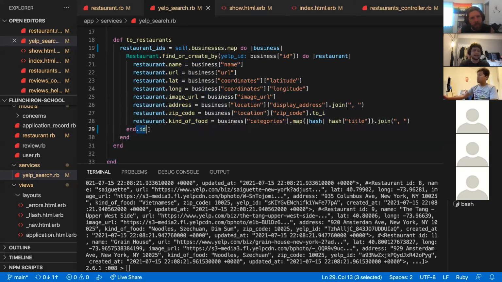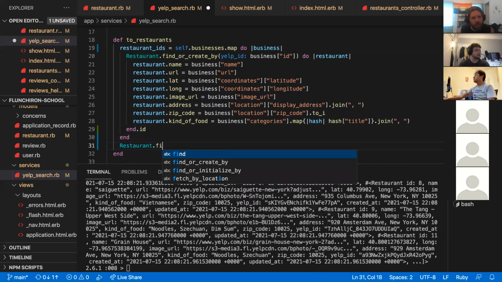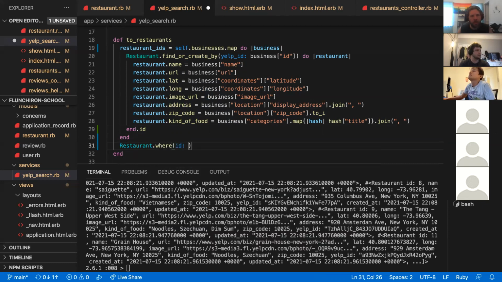I can just call ID on the end statement, and whatever this returns, in this case an individual restaurant, it's going to just give me the ID of that. Cool. Weird, right? So now I'm going to end up with an array of restaurant IDs when I finish mapping. So now I can just go ahead and say restaurant dot find or dot where ID. I think if we do like